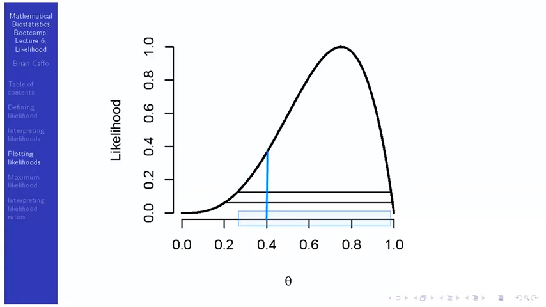Take, for example, 0.4. It has a likelihood value that is about 0.3 or whatever, but its ratio relative to the maximum is less than 1/8. So its ratio with everything else is going to be less than that. So you're not going to be able to find for 0.4 another point anywhere on this curve that's more than 8 times better supported than it. So that's the idea behind drawing a line at, say, 1/8 or whatever. If you draw a line, the collection of theta values that lie on that horizontal line between the points where it intersects the likelihood curve are well supported. And of course, as you draw the line, as you go up and up and up, fewer points stay in the interval, to the point where if you draw it high enough, then you only have the maximum likelihood value